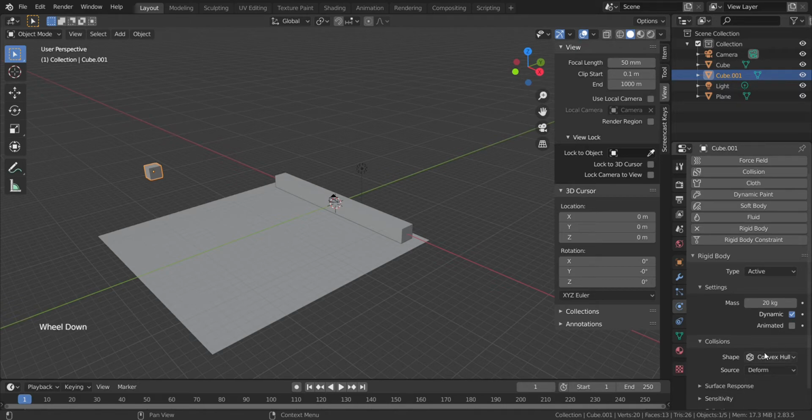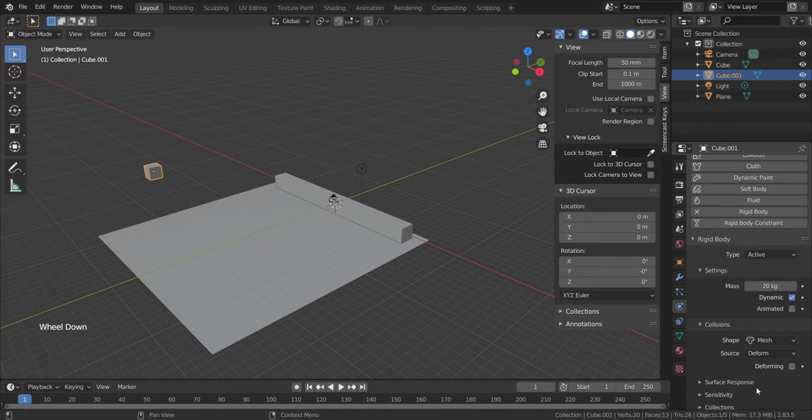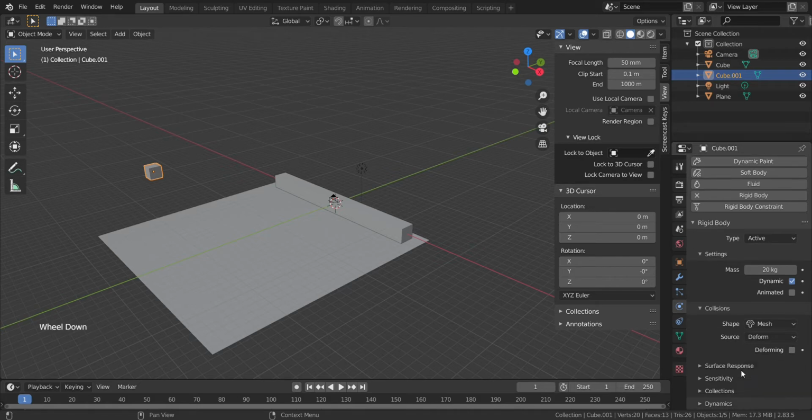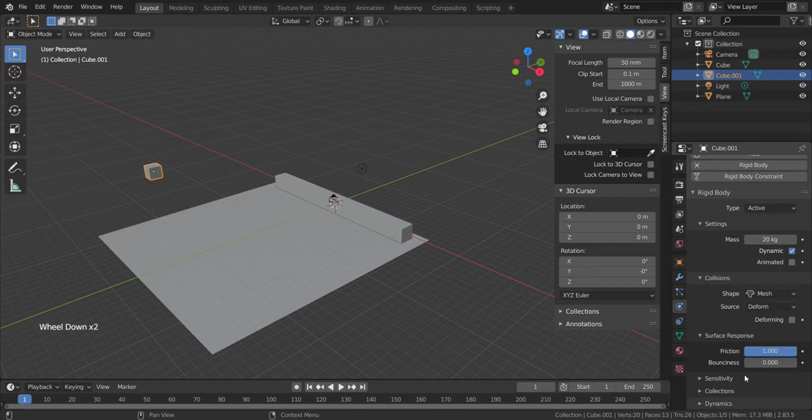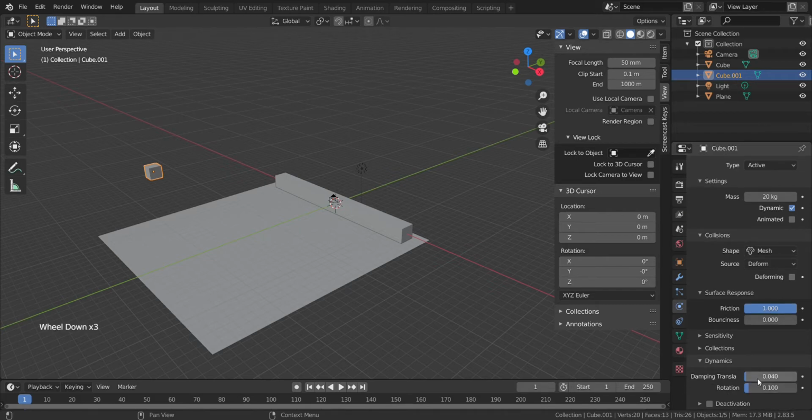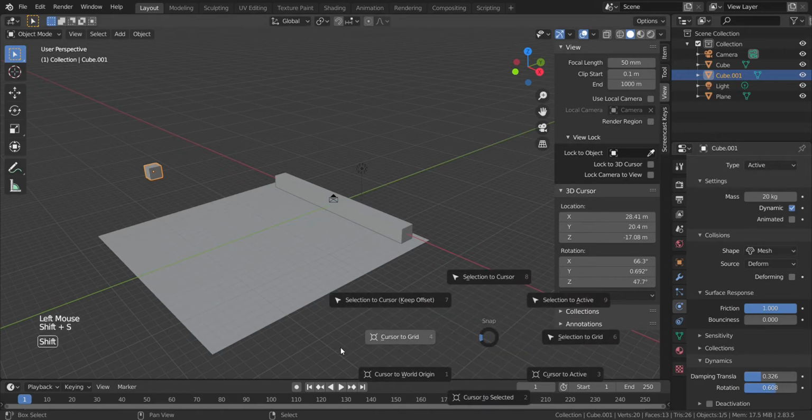And in the collision section, set the shape for this cube to mesh, and then we will be going to the surface response, and increasing its friction to 1. The last thing is dynamics, and we will be adjusting the value for the damping to approximately 3 and rotation to near 6. Alright, this looks fine to me.